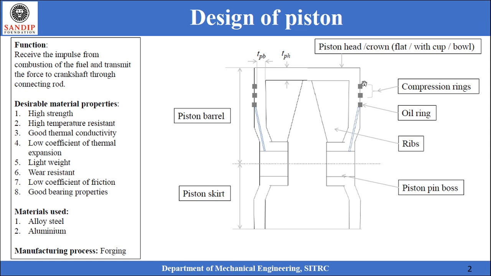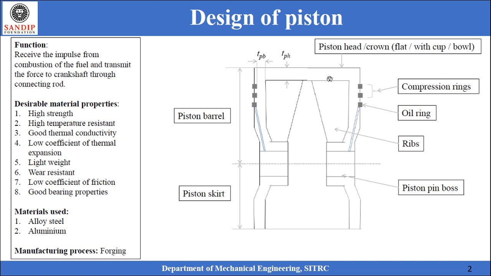On the barrel, there are grooves provided for fitting the piston rings. At least 3 piston rings will be there, out of which the top 2 rings will be compression rings, which will act as a sealing and prevent the passing of combustion gas to the other side of the piston. The bottommost ring will be called as oil control ring, and its purpose is to reduce the friction and scrape the oil if it is present on the walls of the cylinder.